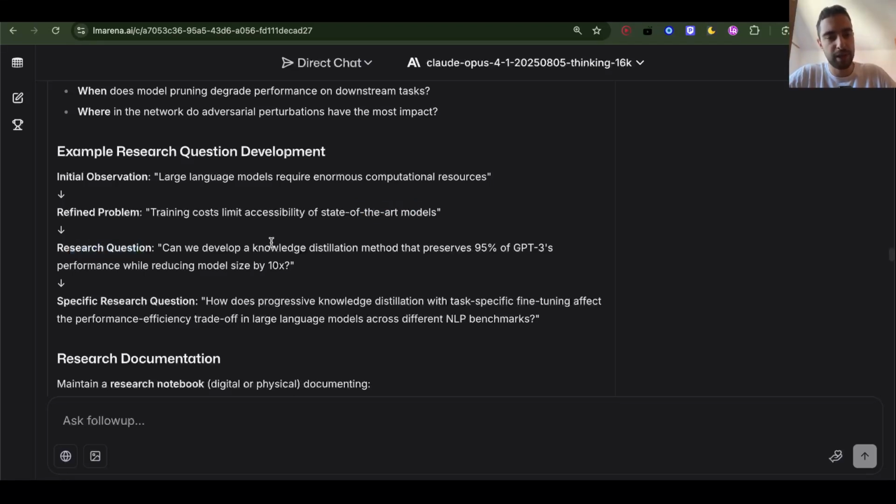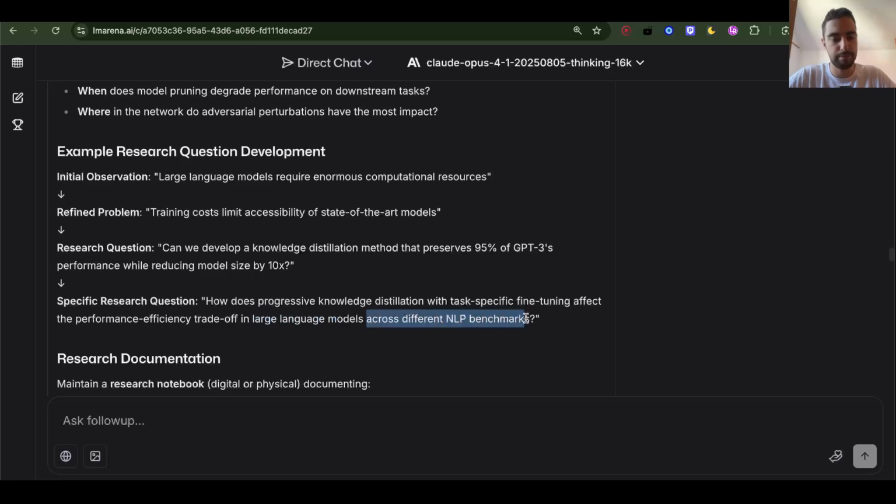Can we develop a knowledge distillation method that preserves 95% of GPT-4 performance while reducing model size by 10x? You probably can. And then we go to an even more specific research question. For example, how does progressive knowledge distillation with task-specific fine-tuning affect the performance efficiency trade-off in large language models across